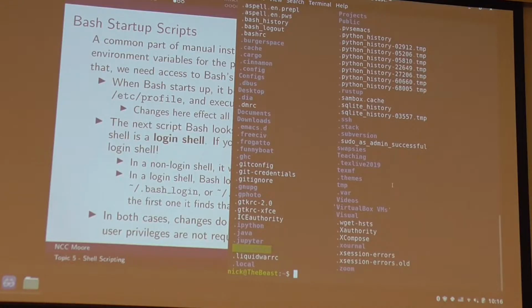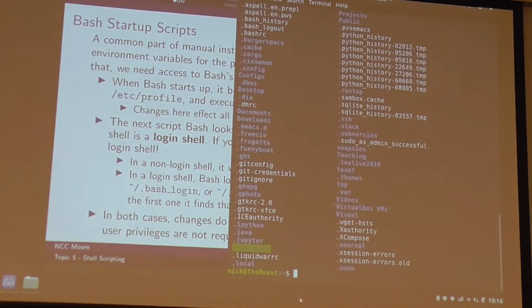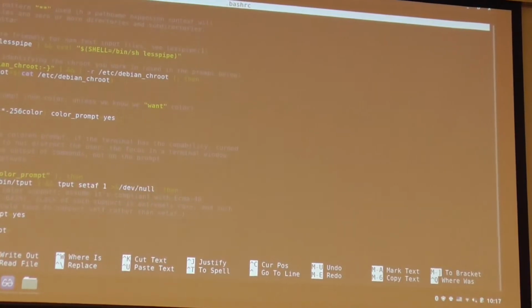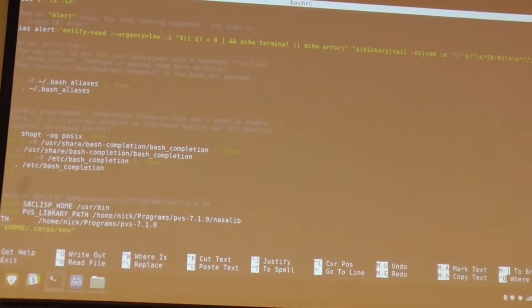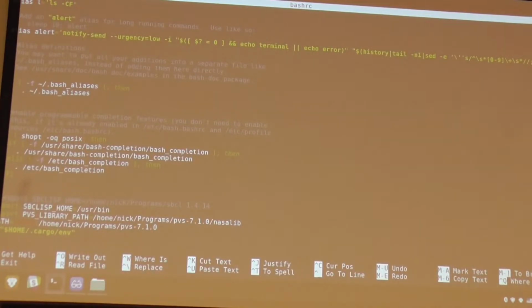So we are looking for .bashrc. There we go. So this is the contents of my login script. You can see that it's got a lot of stuff in here that is perhaps not particularly interesting. However, a modification which I have made here